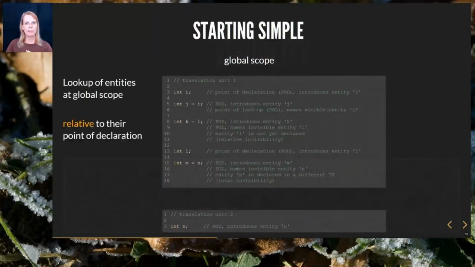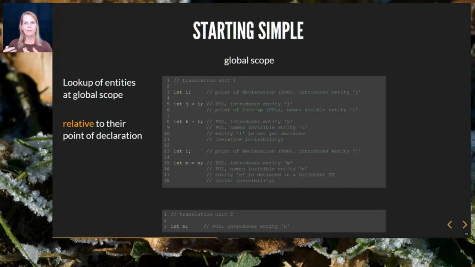The C++ standard says that a name is visible when it's not hidden. That's only partially helpful. So basically, a name is visible when it can be found during name lookup. But before that, a name needs to be introduced by a declaration in the first place. And this must happen in this same translation unit. Compilers never look into other translation units.